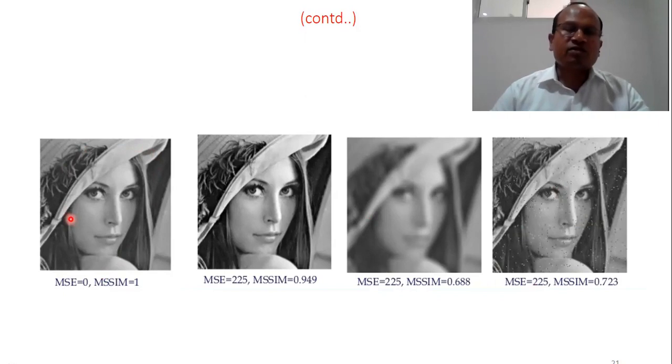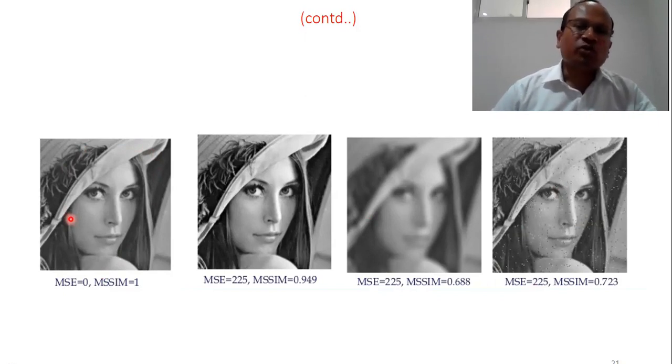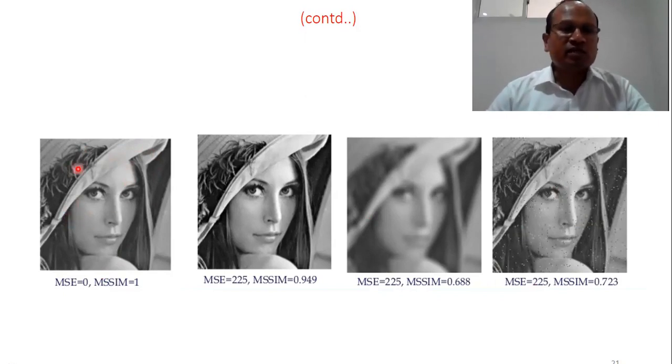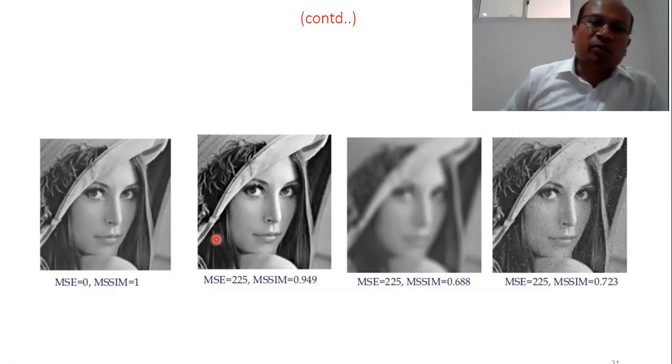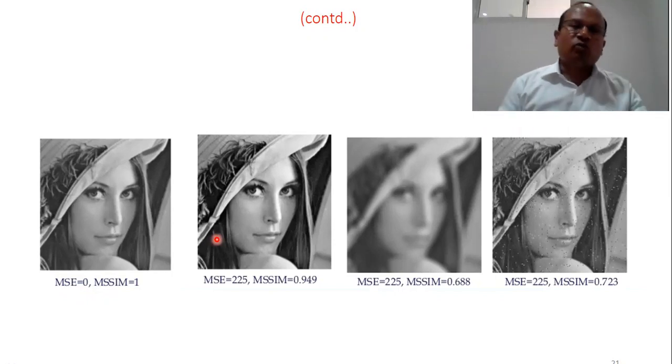And MSE is also inversely proportional to PSNR. So we can also say here that the first image is the image where PSNR is highest, and on this side the image has lowest PSNR. But one more comparison has been shown here, that is between MSE and MSSIM. More is the SSIM, less is the MSE. So for good quality images, the structural similarity index used in a specific application is also expected to be high.